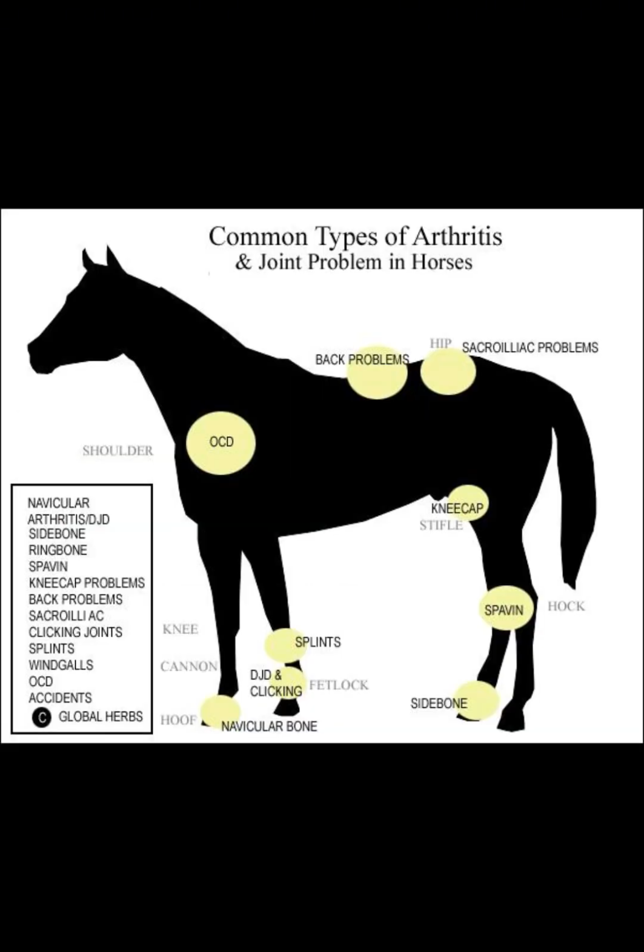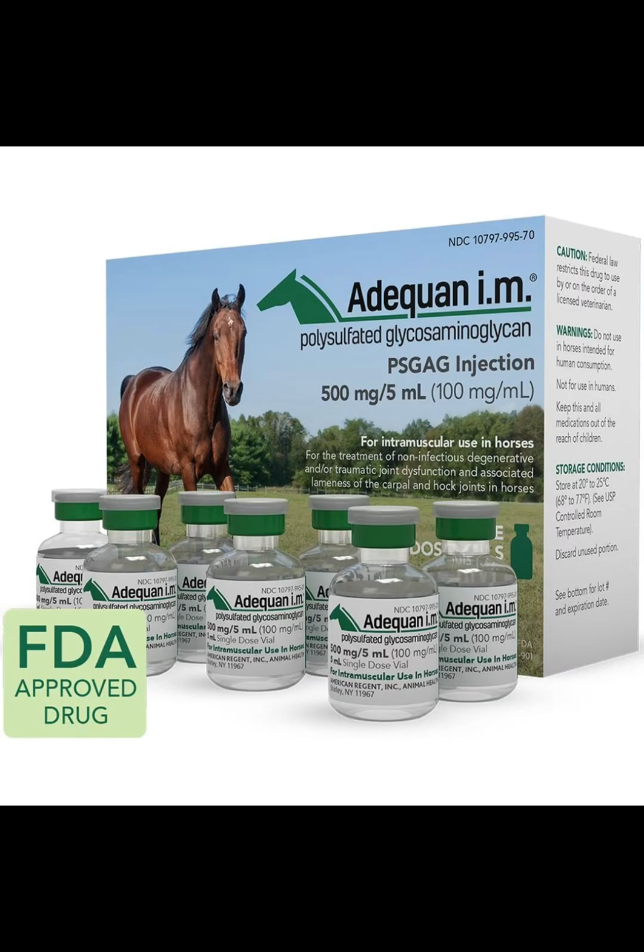Symptoms: stiffness, pain or lameness, limping, stumbling, favoring certain limbs, swelling or heat around joints, popping or cracking noises during movement. Prevention and treatment. Ways to manage arthritis in horses include daily exercise, daily anti-inflammatories, intra-articular steroids, systemic joint injectable